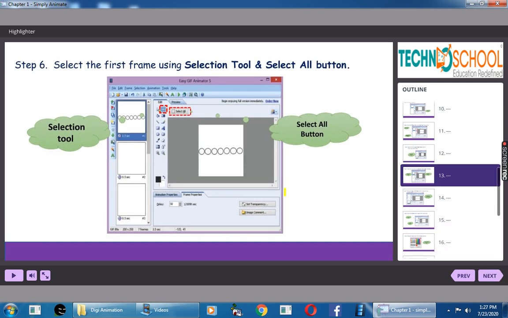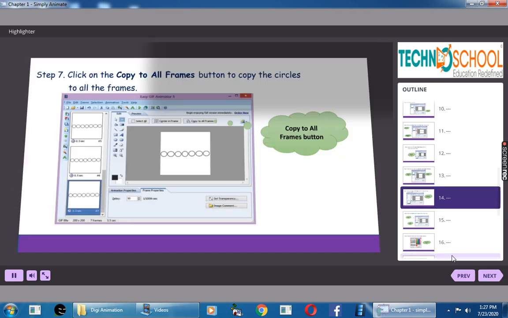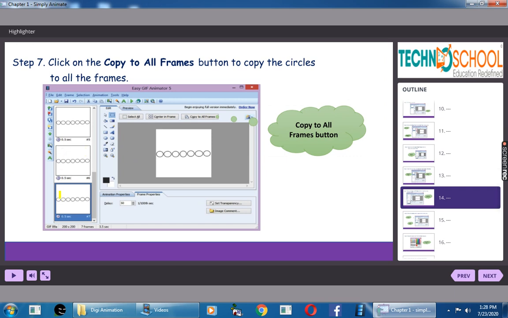After that, I inserted the circles already. Using the select all option, I am selecting all the circles, and I am pasting them in all the frames.